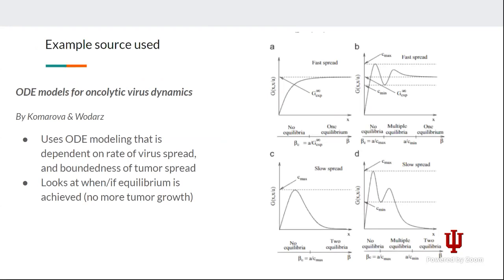And so one of the sources that I used was pretty well developed. It uses ODE modeling that is dependent on the rate of the virus spread and also whether the tumor was bounded, so whether it was at a stopping point or whether the tumor was continuing to spread. And then it looks at whether the equilibrium is achieved. So there's no more tumor growth,